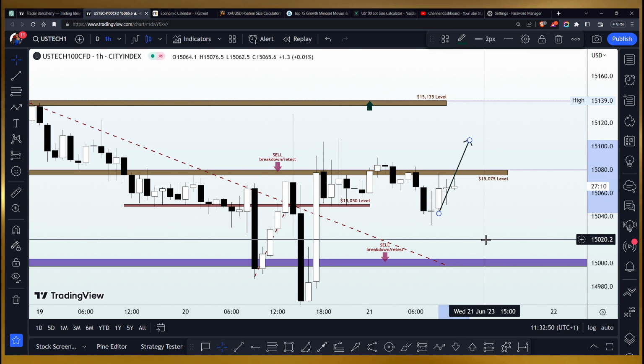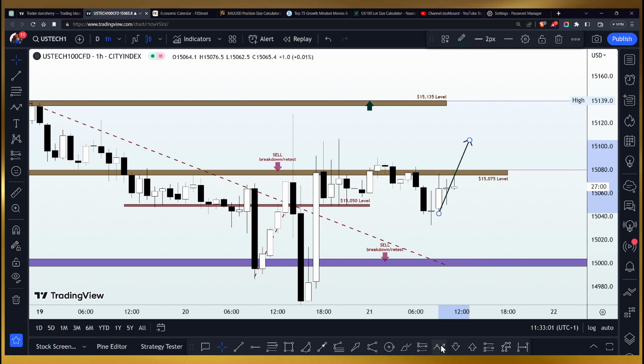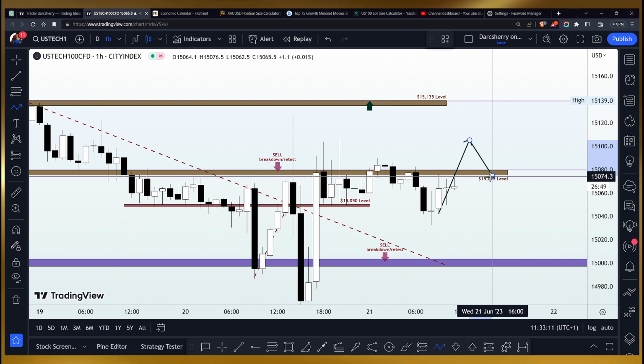Remember, we are not getting too excited here, as we will need further confirmation to reveal that buyers are gradually gaining momentum. So what we are going to see on the chart that will give us an insight into the bullish attempt here is price coming back to retest the structure. This will happen on our lower time frame. So as soon as we have a breakout of the 15,075, we shall scale down into our lower time frame